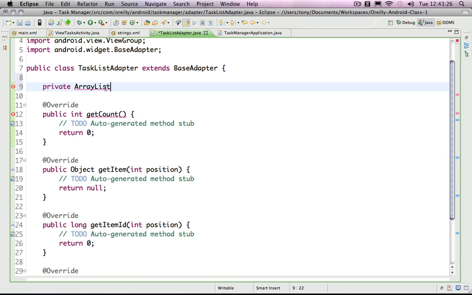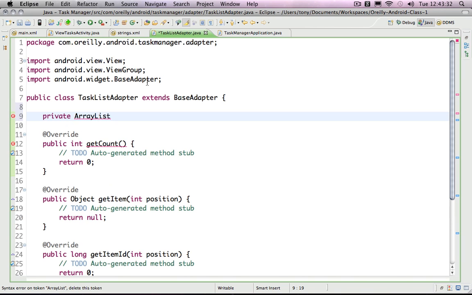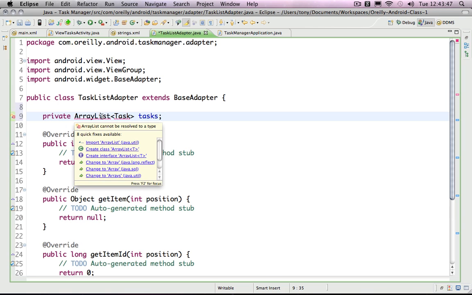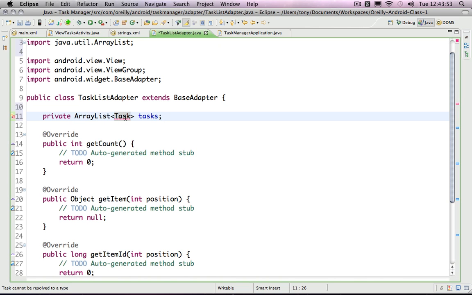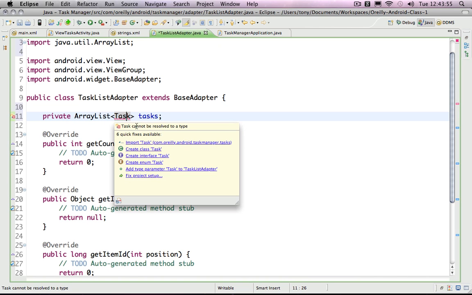And we need to import that guy. It thinks there's a syntax error. I'll just keep on typing until I get here and get Eclipse to fix this for me. So I'm just going to have a list of tasks, an array list of tasks. Hover over this, import java.util.ArrayList, and we also need to import the Task class that we created